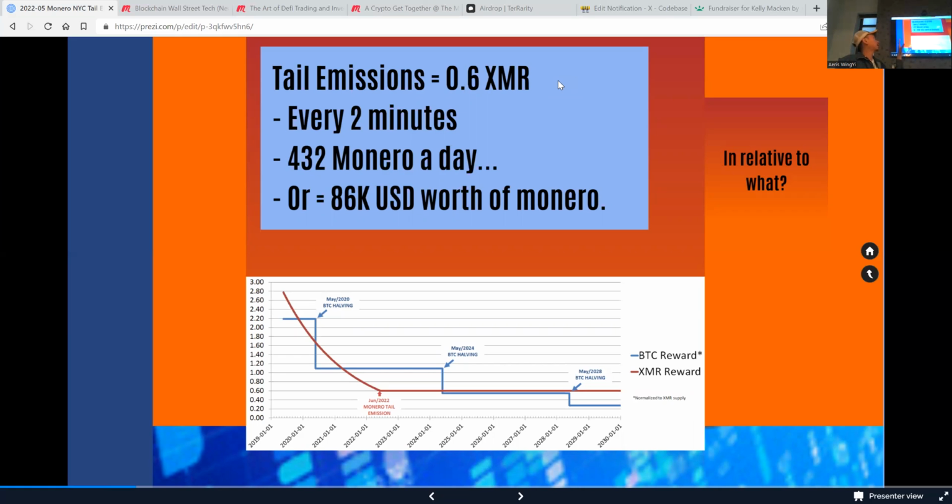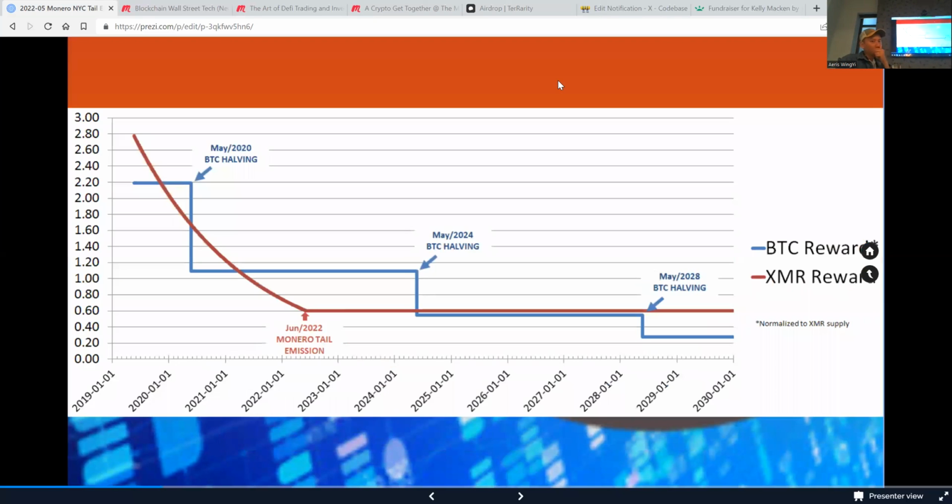And in a day, it's about 430 that can be mined for the rest of eternity, as long as it's still alive. And that's not a lot of money. If you look at it, 432 Monero is only about $86,000. Okay, so the blue line you see here is every time a Bitcoin halving happens,